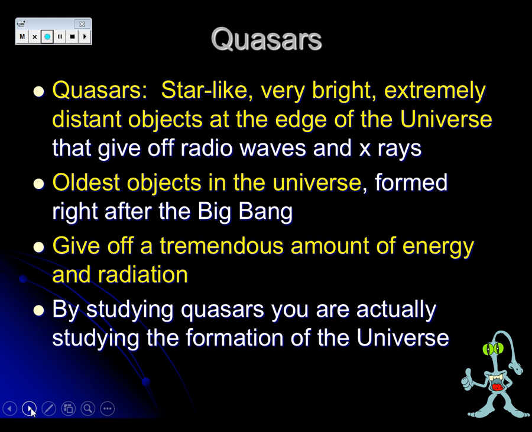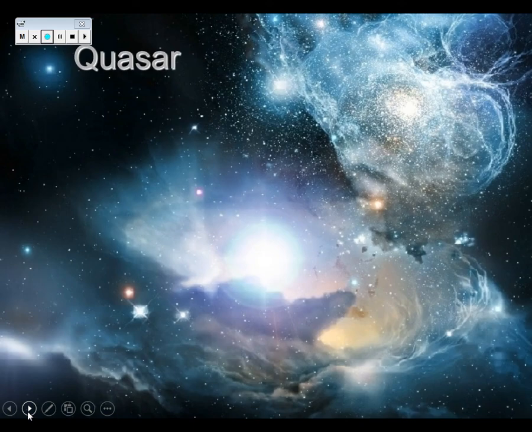They formed right after the Big Bang. And by studying quasars, we hope to study the formation of the universe. Okay, this picture here, in the middle, that really, really bright thing in the middle, that is a quasar. The reason this looks kind of cloud-like and really cool looking is because we're looking at radio waves and X-rays picked up by a telescope, and the two pictures are merged together. So it gives us a really, really detailed picture of things that we really can't see. It's invisible to our eyes.